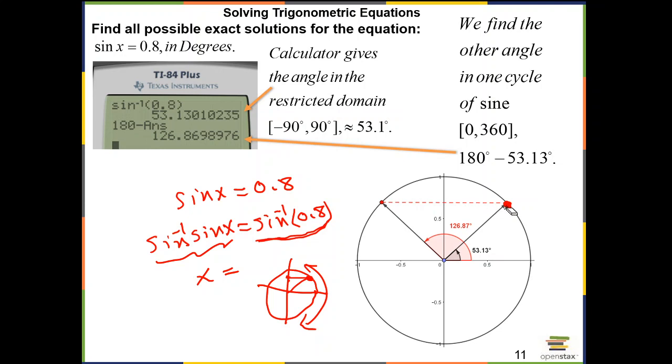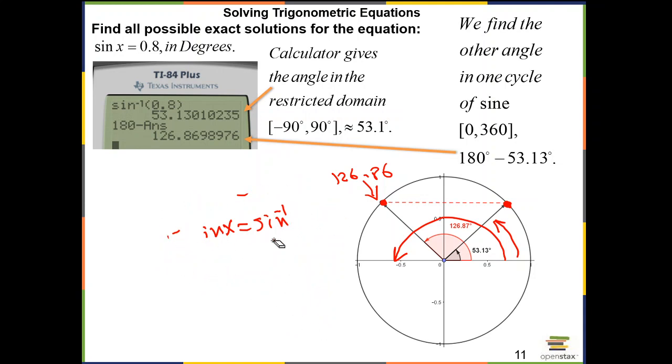Now, we put it over here and ask, what other angle in 2 pi radians has the same sine? Well, this one. And what is that? This angle is basically 180 minus this part, which is the angle the calculator just found. I'm in degree mode here. I do sine inverse of 0.8, I get 53 point something, and I'm going to use every decimal place in the calculator, subtracting this answer from 180. So 126.86 is the other one. So we got two angles that have sine 0.8, but